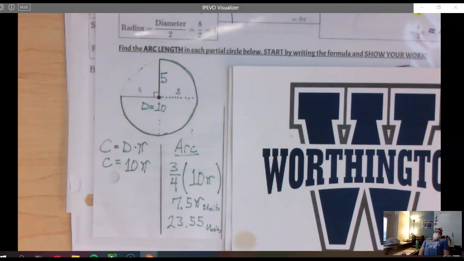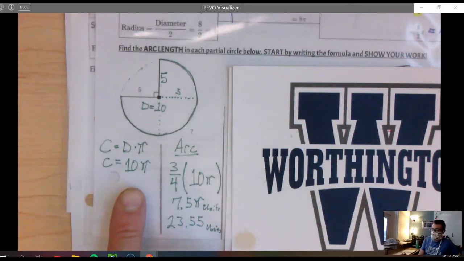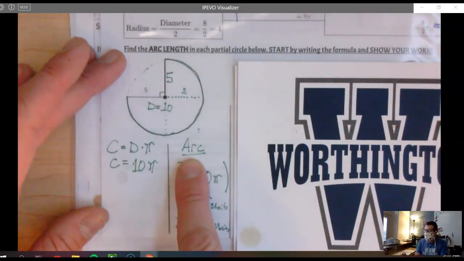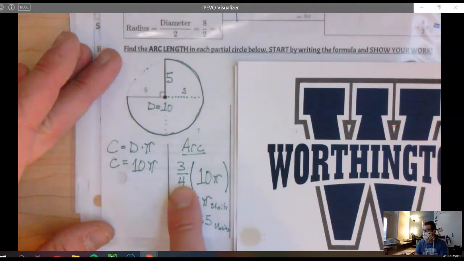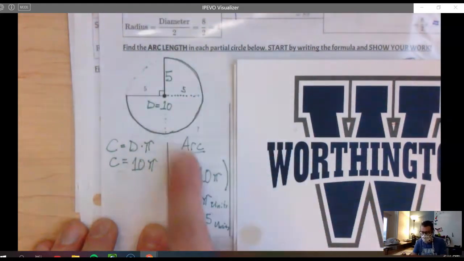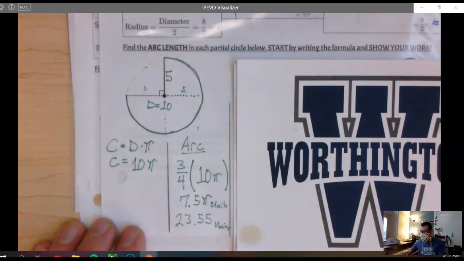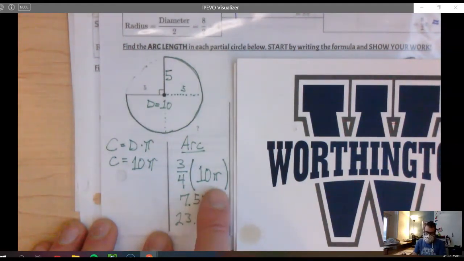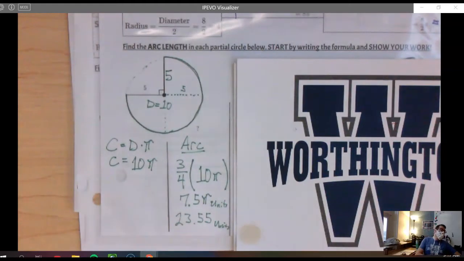We're going to first, sorry, my back kind of hurts, so I'm going to stretch for a second. We're going to first find the entire circumference if the circle was whole. Then we're going to specifically look at the arc and say, well, the arc is 3/4. This is when I think multiplication is better. This arc is 3/4 of the circumference. So I do 3/4 of, tells me to multiply 10 pi, and that gives me 7.5 pi. But it's easier because you could